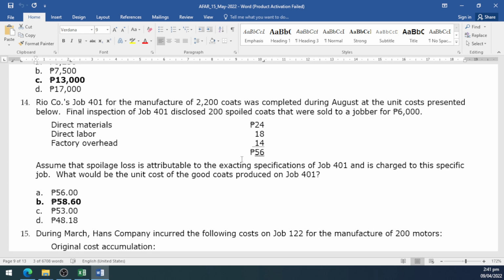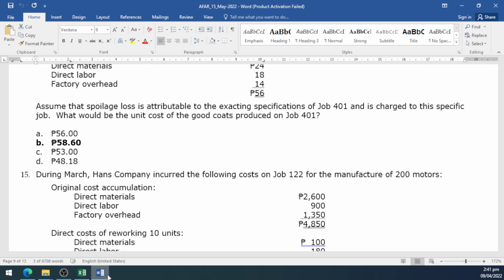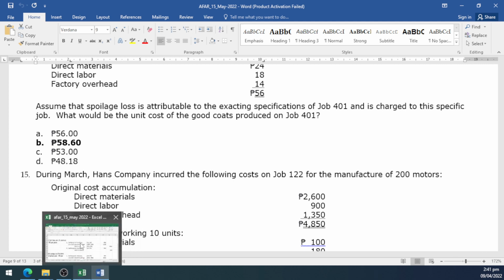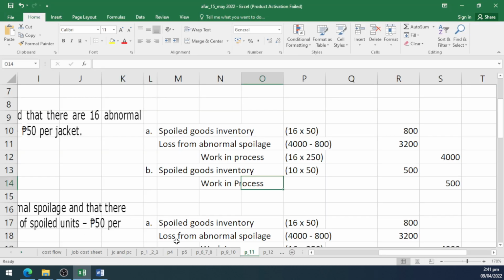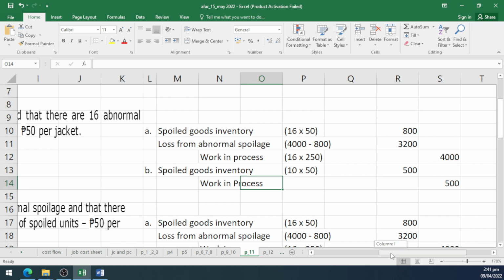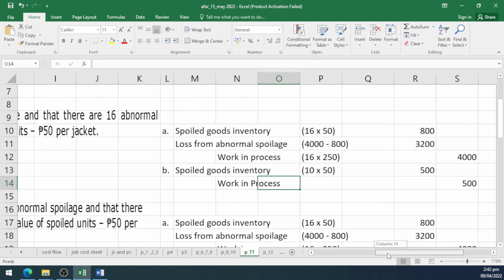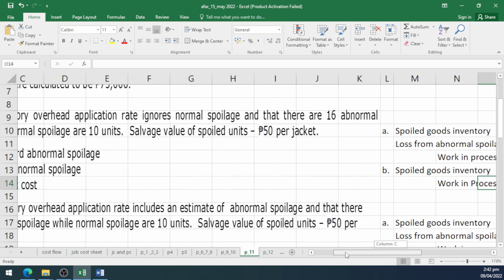So, divide by 2,000 units, that's the 58.6. Or, definitely, mag-i-increase by common sense. Pag yan ang choices, pipiliin mo talaga. 58.6. Okay? I hope that is clear, guys. Next. Okay na tayo sa normal and abnormal spoilage, ha? Charge to specific job, pero yung naka-illustrate dyan. Pumunta tayo sa